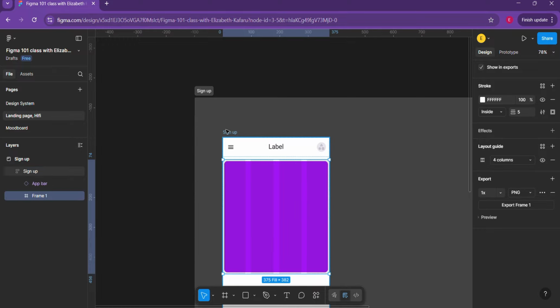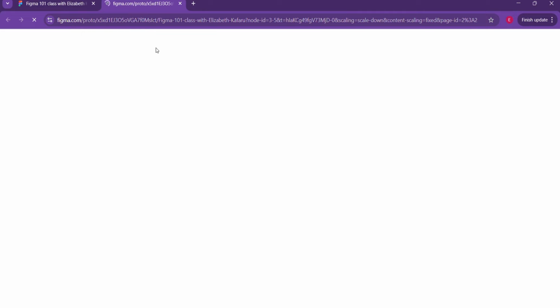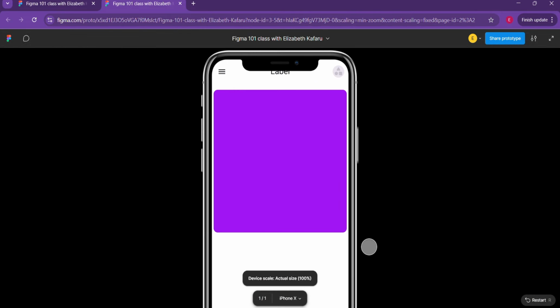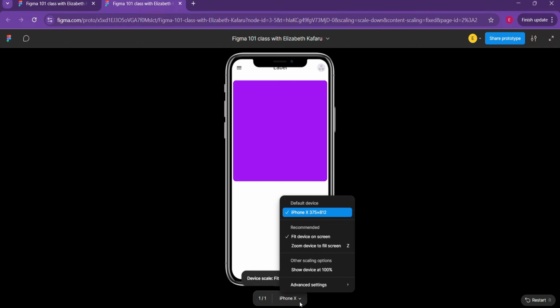I can preview the sign off. I'll just click on the frame. We have two ways of previewing. I can present. That's the first way. So it's currently loading. Good. And another beautiful thing is you can zoom this. You can use Z on your laptop. Just press the letter there, or you can just come here to use